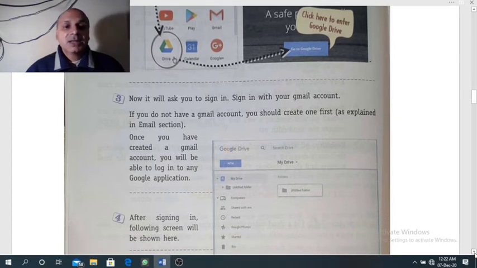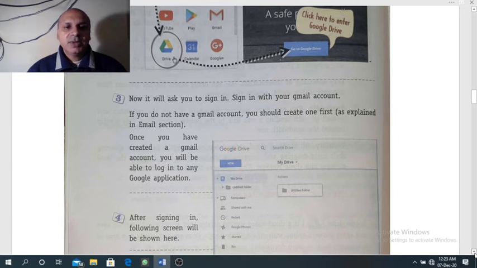But we have a condition to use the Google Drive. We need to log in with the Google account. So if you don't have a Google account, first you need to create a Google account. Google account is nothing but creating an email in Google, that you can say Gmail.